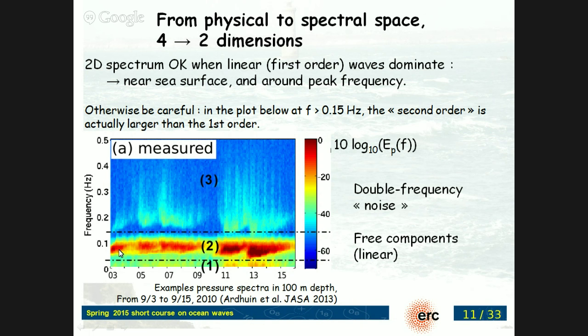So we have one storm here on September 3rd, and another big storm here on September 13th. But you also have this funny part here, which is actually the nonlinear pressure coming from the double frequency interaction of waves in opposite directions. And there is some signal in the pressure record at the bottom of the ocean for short waves. We have some signal here at 0.3 hertz in 100-meter depth. But this is not the linear wave signal. This is a nonlinear wave signal. So if you want to interpret that, it's a bit more complicated.